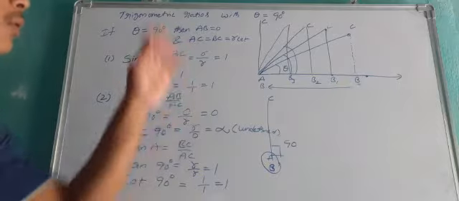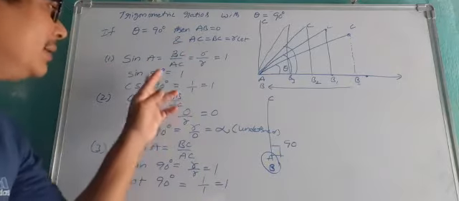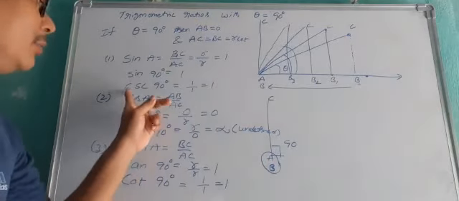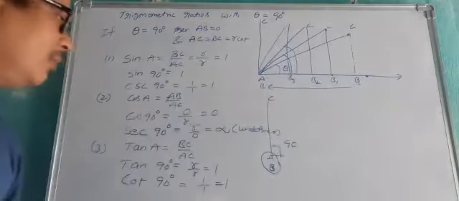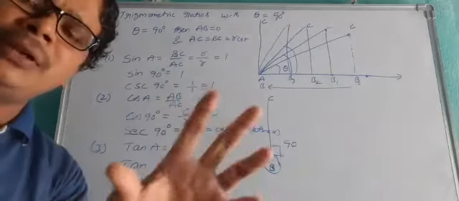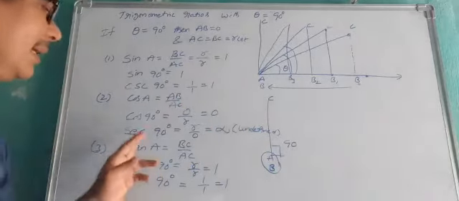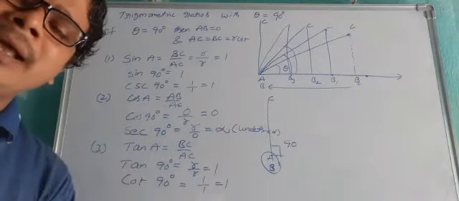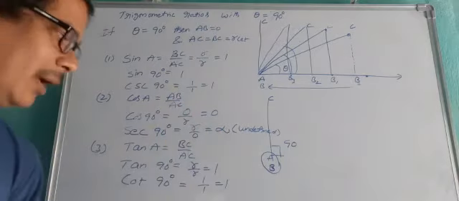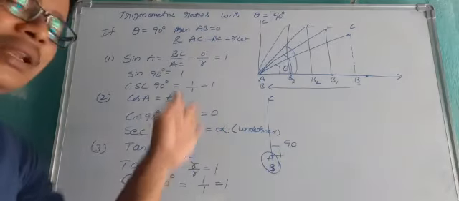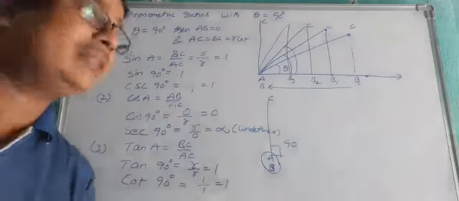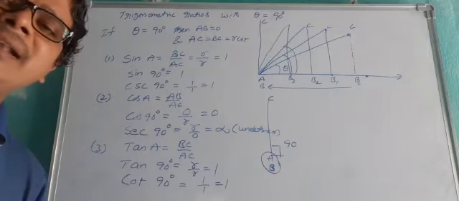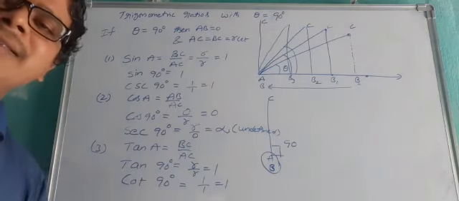Okay, so now we have to discuss one by one. Sin 90 equals how much? 1. And cosecant 90, its reciprocal, is also 1. And cos 90 equals how much? 0. Its reciprocal, secant 90, how much? Infinite. And tan 90 equals 1. Cot 90, its reciprocal, is also 1. So these are the values of all trigonometric ratios with angle 90 degrees. Now we have to read each and every specific angle of all these trigonometric ratios.